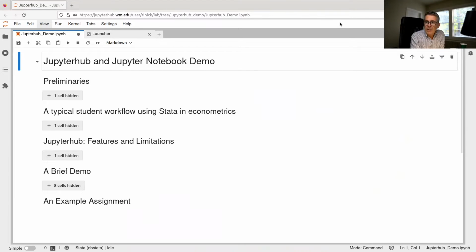So actually what you're viewing here is a Jupyter Hub server document called a Jupyter Notebook. All right. So we're going to talk a little bit about preliminaries. How do you log in, and how does the program work? I'm going to critique a typical student workflow that uses Word and Stata to build documents. I'm going to basically bounce off of that what this Jupyter Hub and Jupyter Notebook gives us. I'm going to talk about features and limitations, and then you'll see these features and limitations in action when we